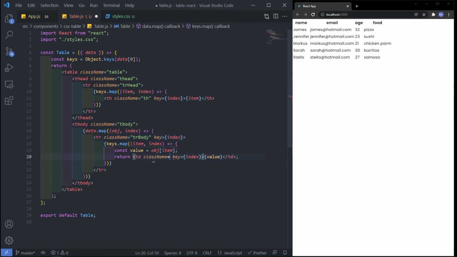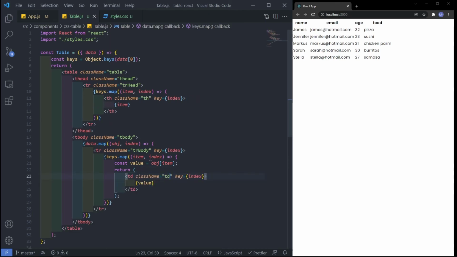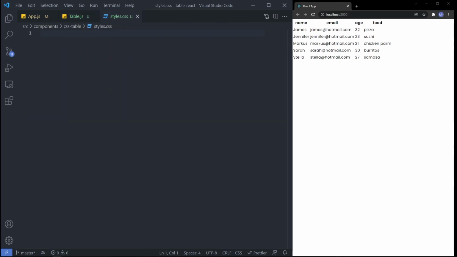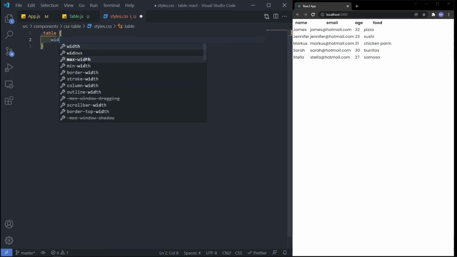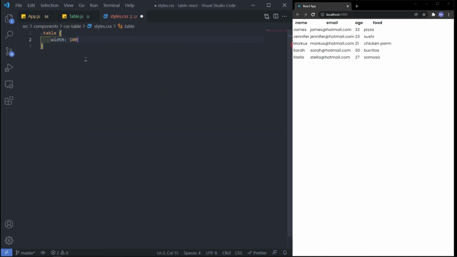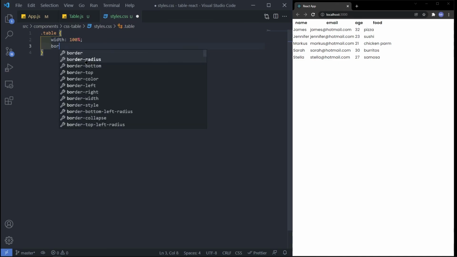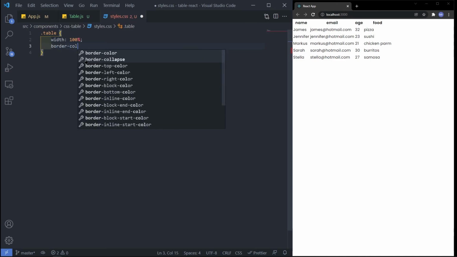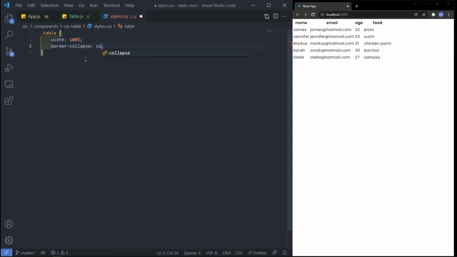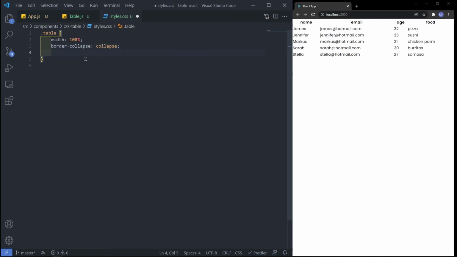Alright, so now that our classes are set up, we can go ahead and style everything. So go into style.css and target the table. Give it a width of 100%, a border collapse, and that will get rid of all the default borders within the table. Then we'll give it a text align of center,